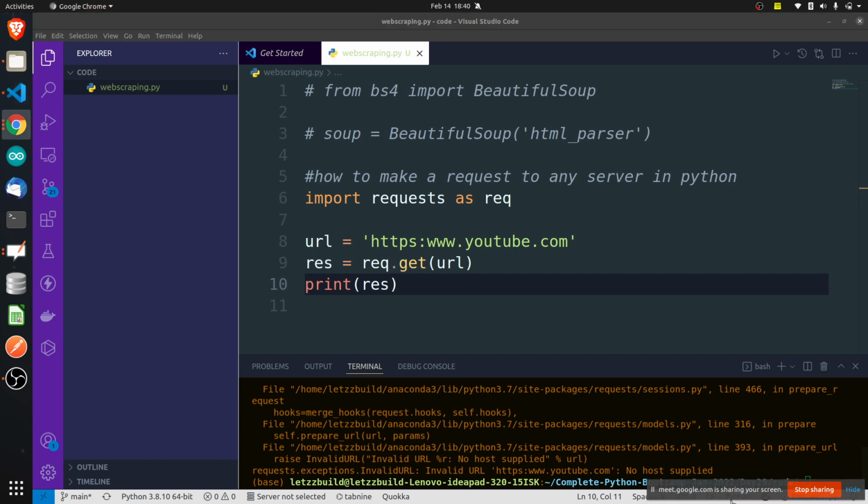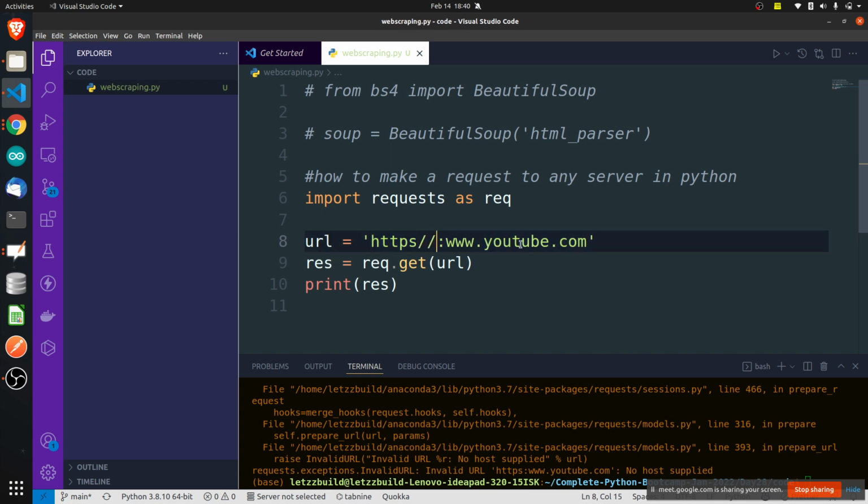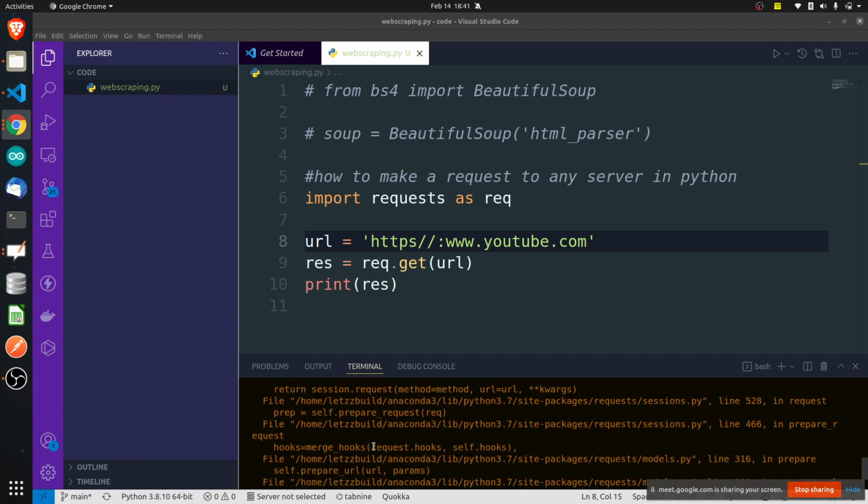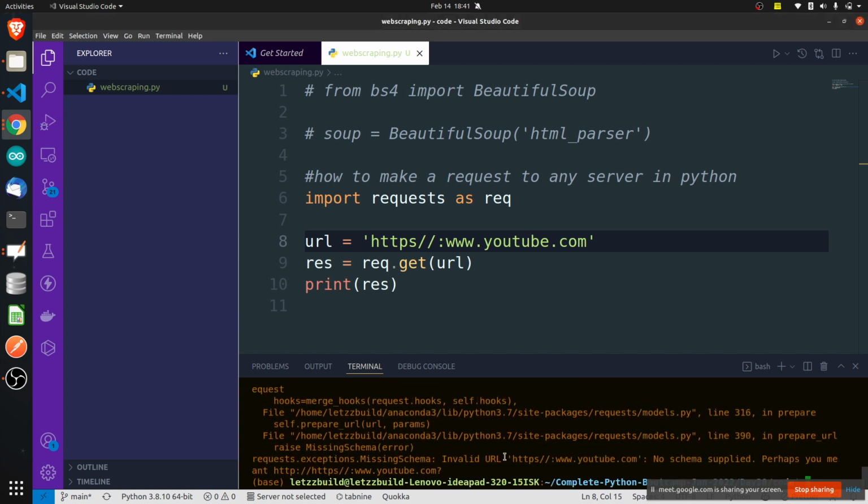Invalid host provided basically means something is wrong with what I have written here. I did the https part wrong again. Let me check what it is saying. So my URL is wrong. Invalid URL, it is saying.